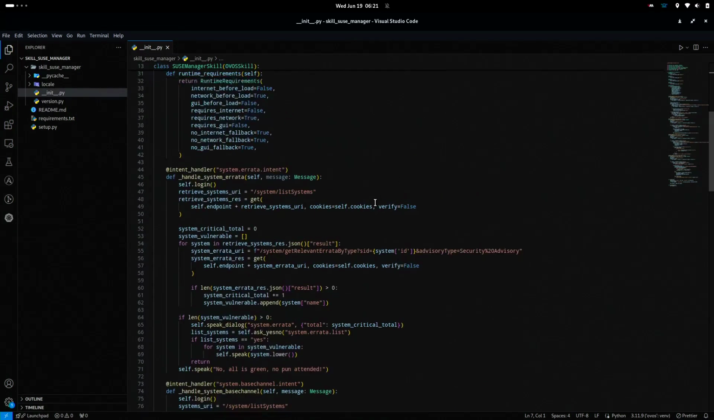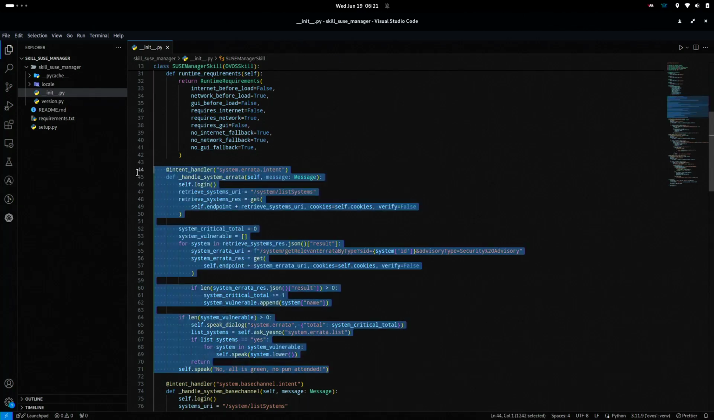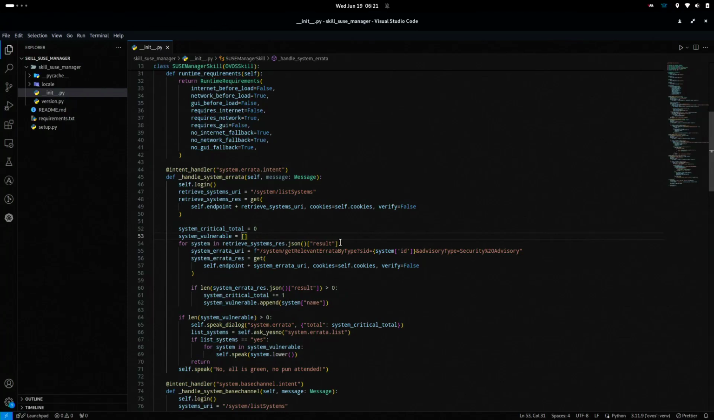But again, it's very simple. So when I asked the chatbot, "Do I have vulnerable systems or hosts or assets?" this is basically the code that has been triggered to perform this action. So again, very basic, but I'm basically getting all the registered nodes, and I'm looping around all these nodes, and